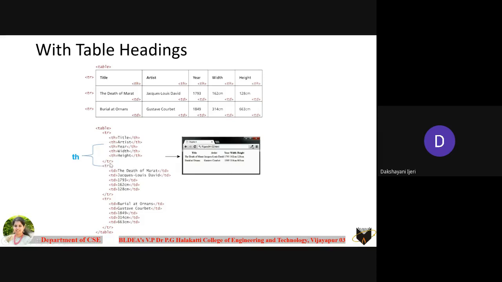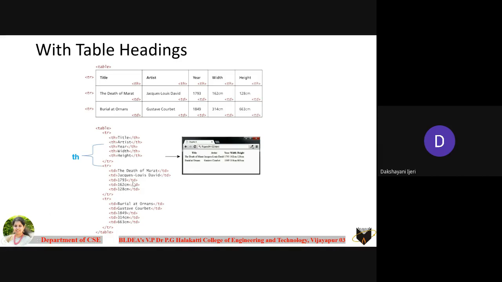Once you have added all the elements of the first row, close that tr here, right? As usual, when you start with the next tr, make sure that you define it with the tr element, followed by all the tds if the text to be included is normal text. Again, if you want to make it appear bolder, you can use the th. There is no such restriction. But it would always be better if you define the headings as bold, to make it a proper tabular structure. Within the table, the heading should be bold, but the rest of the content should be normal text.